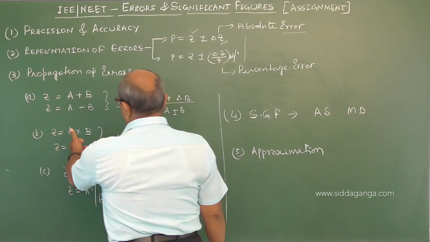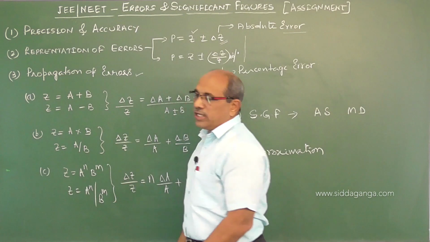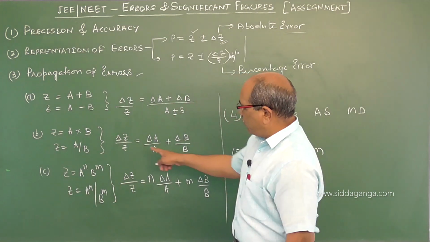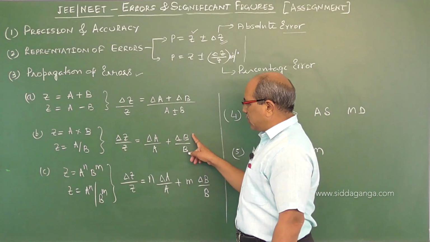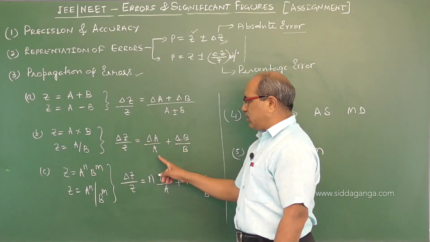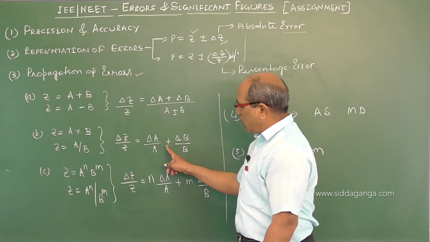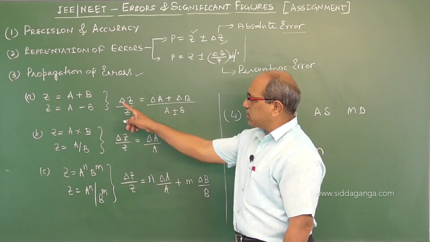Similarly, in case of product and division, the quotient and product rules. So in fractional error, we directly calculate delta A by A plus delta B by B. Whether it is a product or division, no difference, the error is always additive. Here plus or minus,